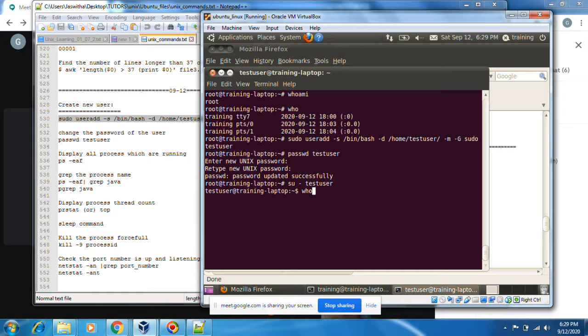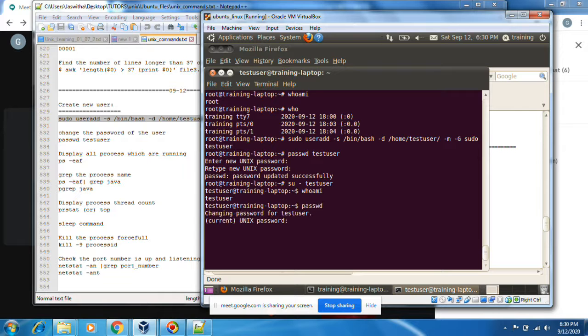Now who am I? It will display which user you are logged in as. Okay, now I want to change the password of this user. I have created the user and then created the password. Now I want to change the password as the test user. Same command, you try passwd.